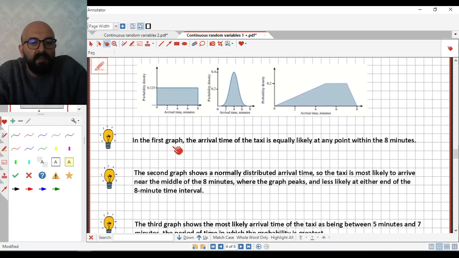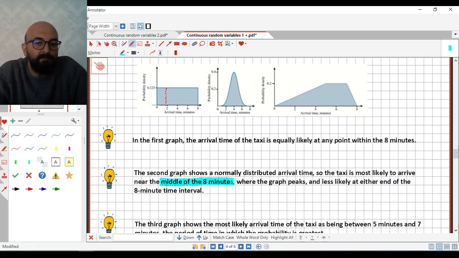For the first one, the arrival time of the taxi is equally likely at any point within the 8 minutes. So it is equally likely in the first minute and the second minute, or 1.5 minutes, equal probability, and the probability is 0.125. The second graph shows the normally distributed arrival time,